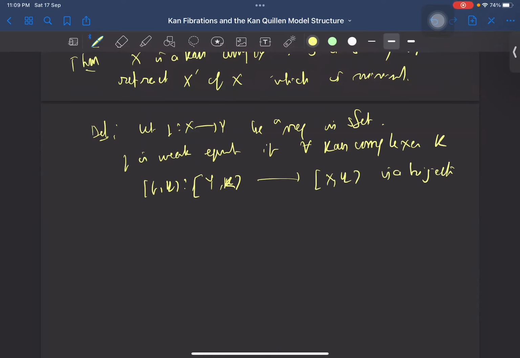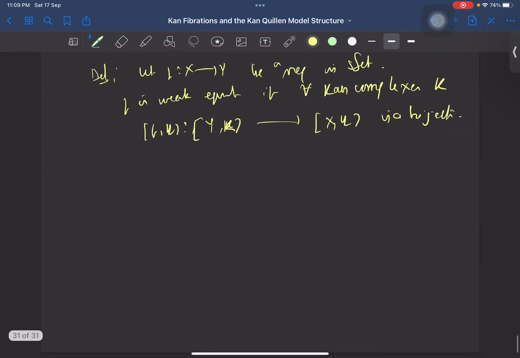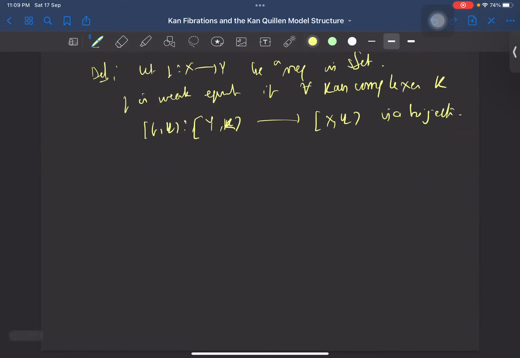So yeah, this is what you mean by weak equivalence. Now it's easy to see that if we have maps, say G and F from X to Y, then F and G are homotopic if